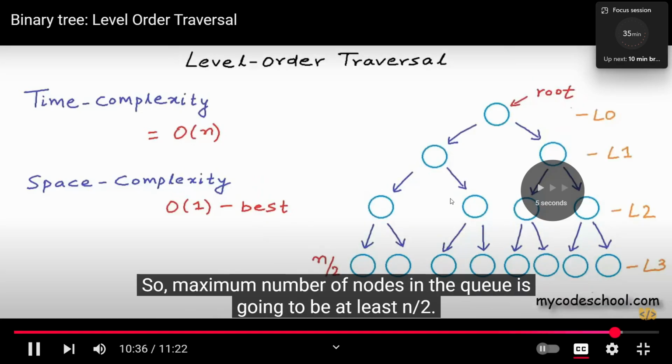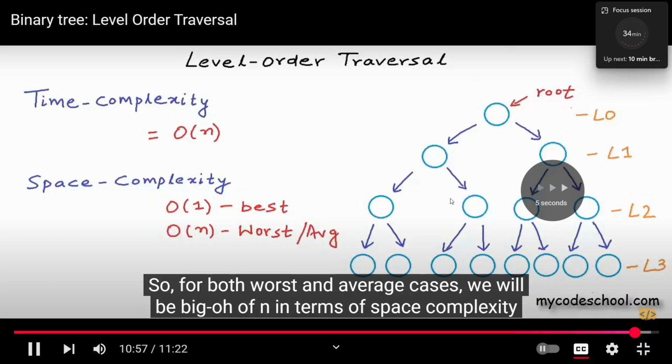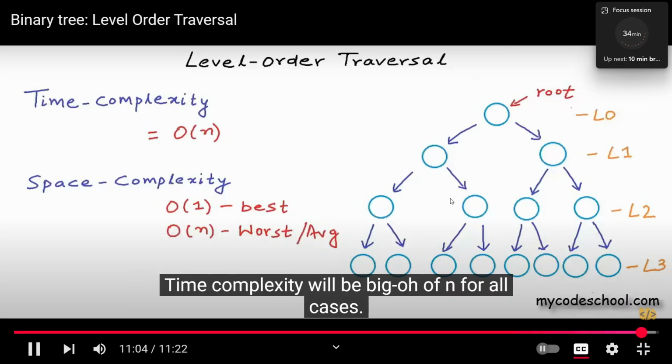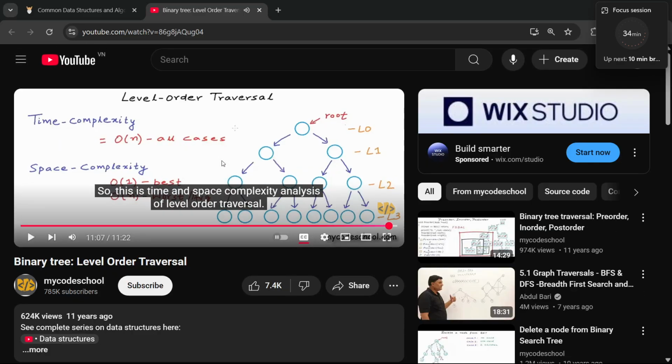The nodes in two nodes, at least n number of nodes. But for average case, space complexity will be in terms of space complexity. Time complexity will be big O of n for all cases. So